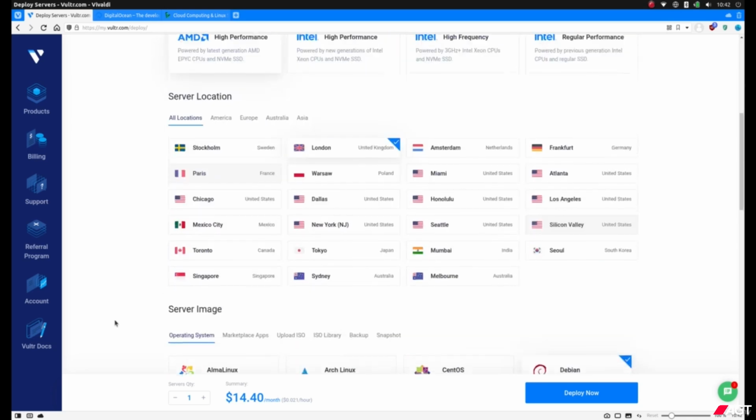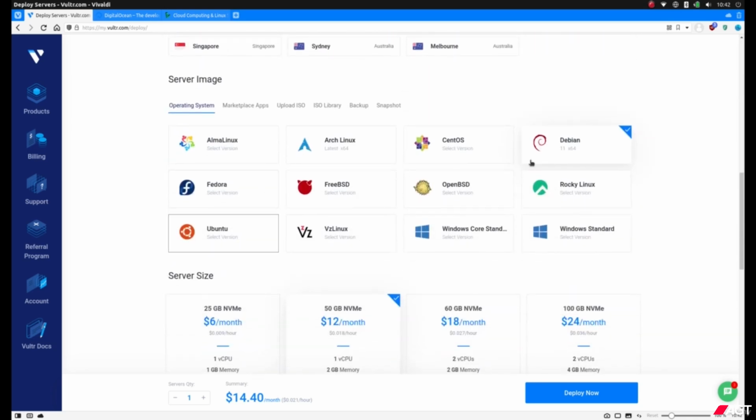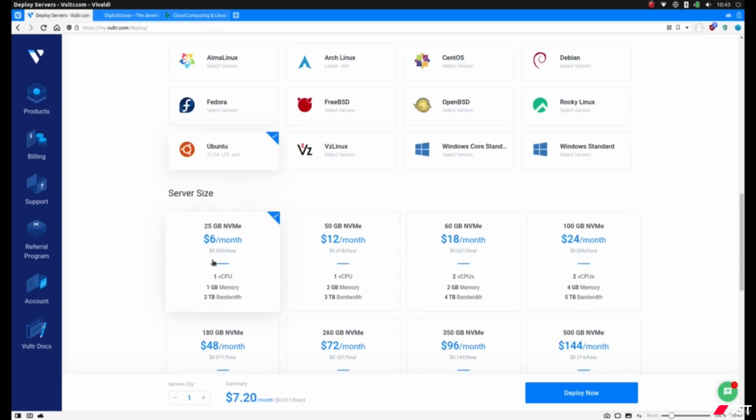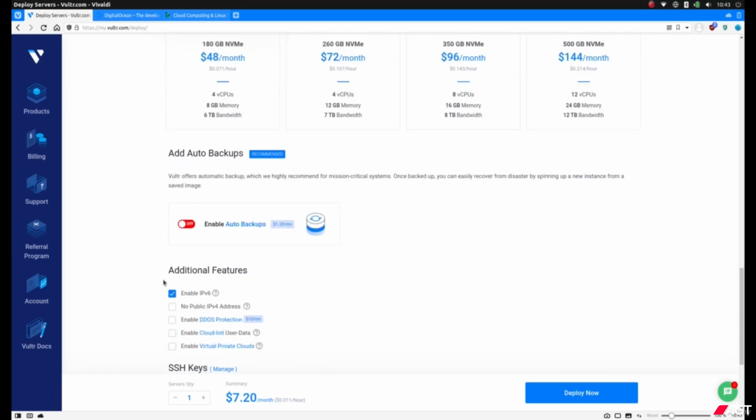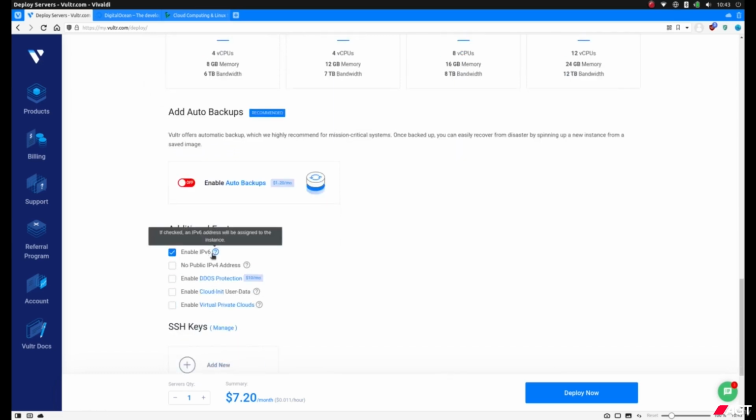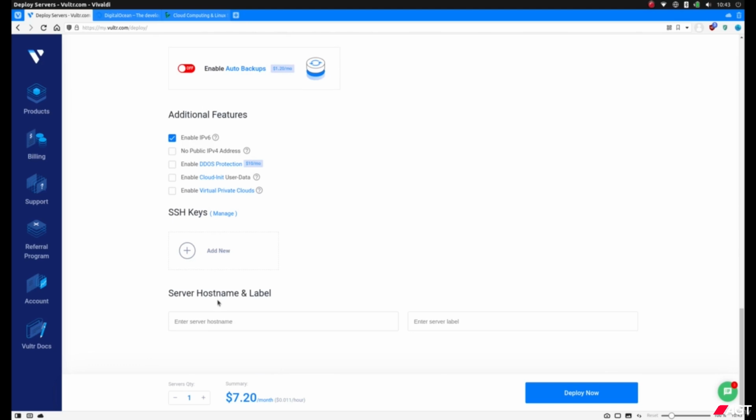For example, if we scroll down here, we can choose our system. So you'll see there are several other Linux systems, some non-Linux systems, and here we have Ubuntu. So let's say we have the latest version, and for this example I'll just pick the lowest specification. Now, I don't need auto backups. You can select some other options, the name of your server,